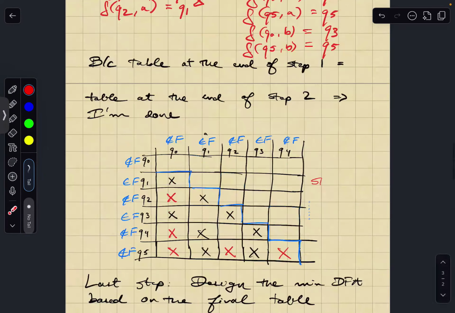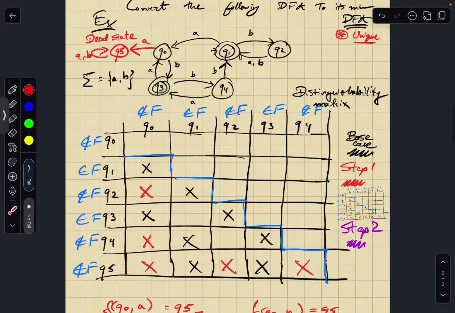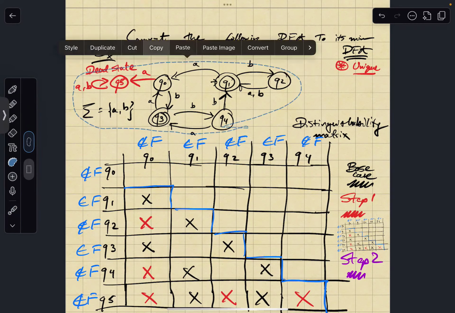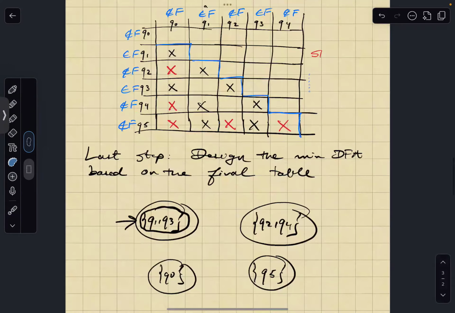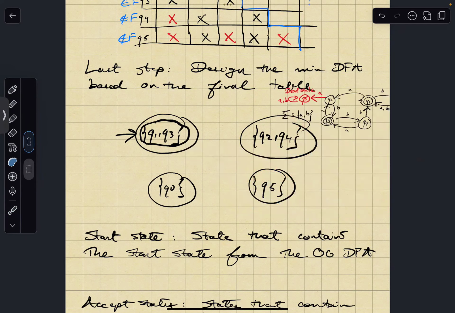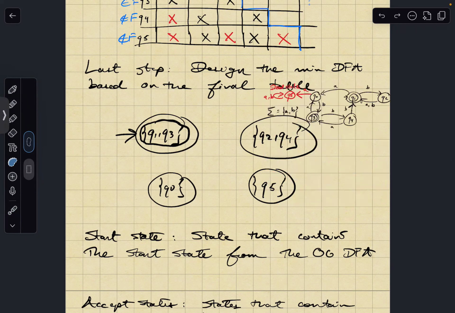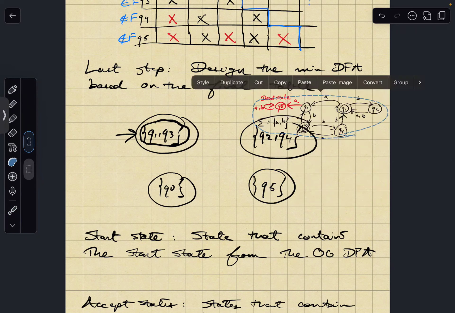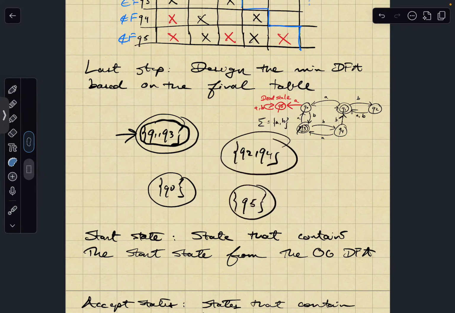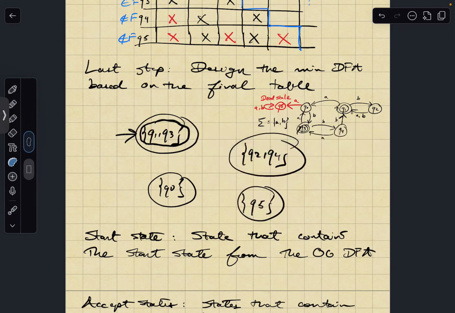So let me copy the original DFA. So this is the original. Oh, gosh. Okay, nice. The unfortunate advantage I have in the tutorial is that I have an iPad. You unfortunately cannot use your iPads in the midterm. Sorry.